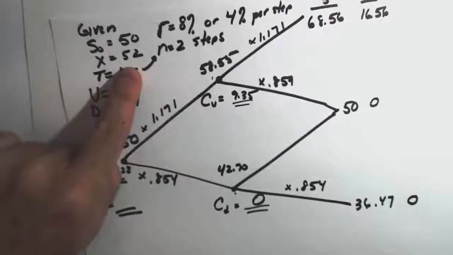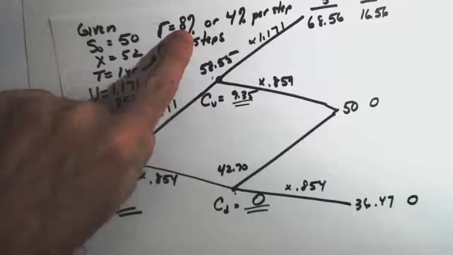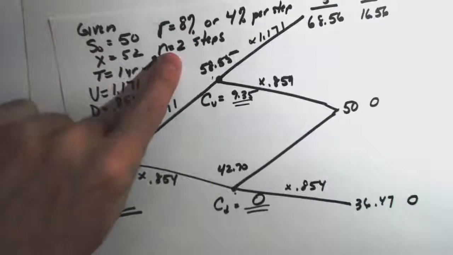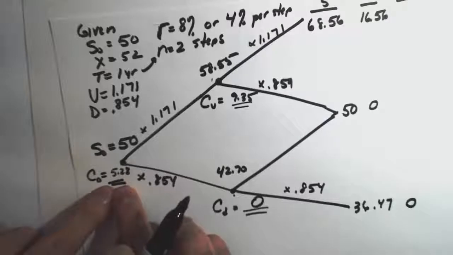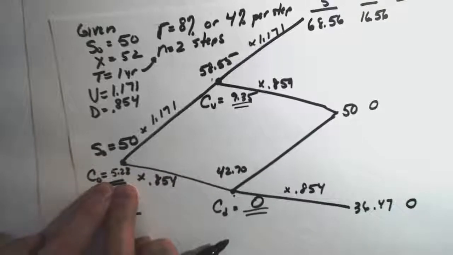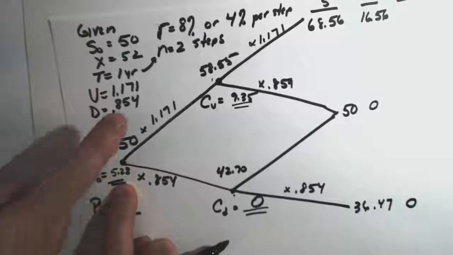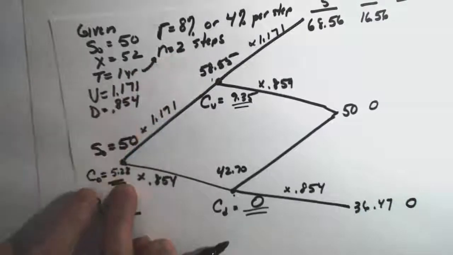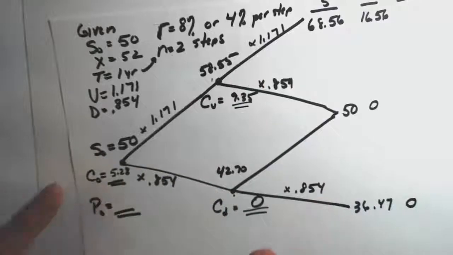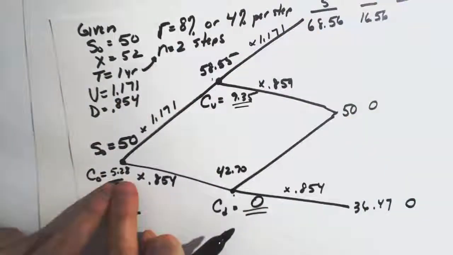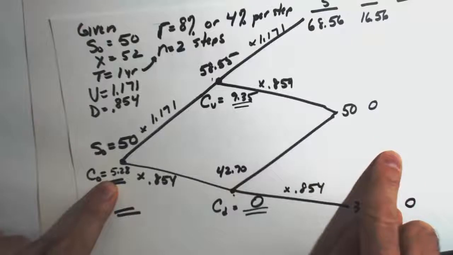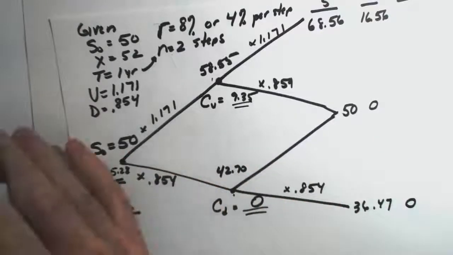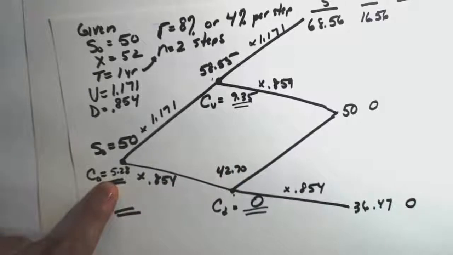Now I know what the stock price is, X, T, R, the risk-free rate. I choose the number of steps. And by the way, the more steps you have, the more accurate this number becomes. So this call price of $5.28 is an approximation and depends on the number of steps we choose. If we did an infinite number of steps over 1 year, we would come up with an exact dollar amount for that call. But I could tell you, just going to 3 steps, the math is crazy. It's not worth it. But what I'm showing you with just 2 steps is the intuition on how to